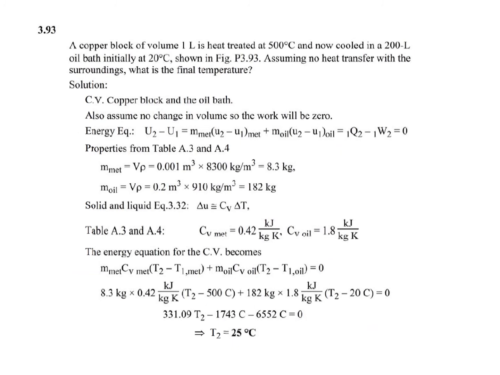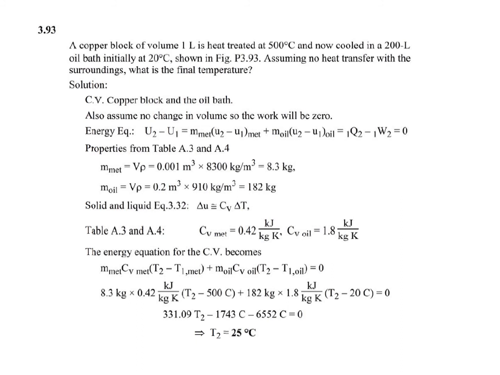Now a copper block of volume 1 liter is heat treated at 500 degrees centigrade and now cooled in a 2 liter oil bath initially at 20 degrees centigrade. Assuming no heat transfer with the surrounding, what is the final temperature? So we have a 1 liter volume of copper, and we heated it up to 500 degrees centigrade in a furnace,